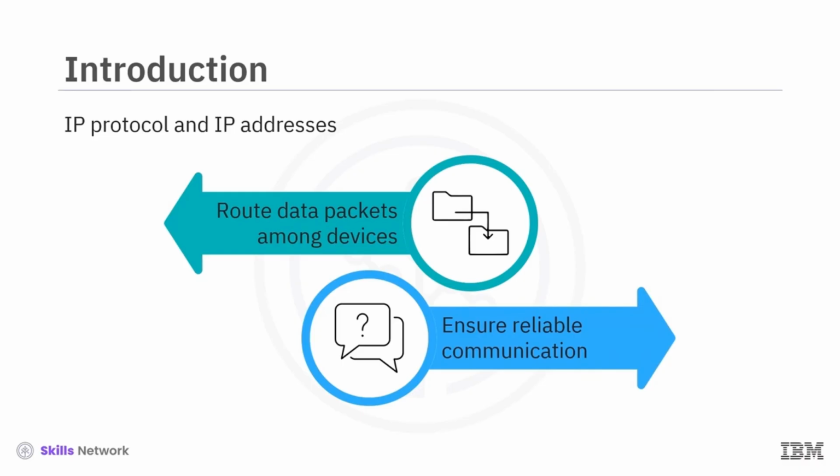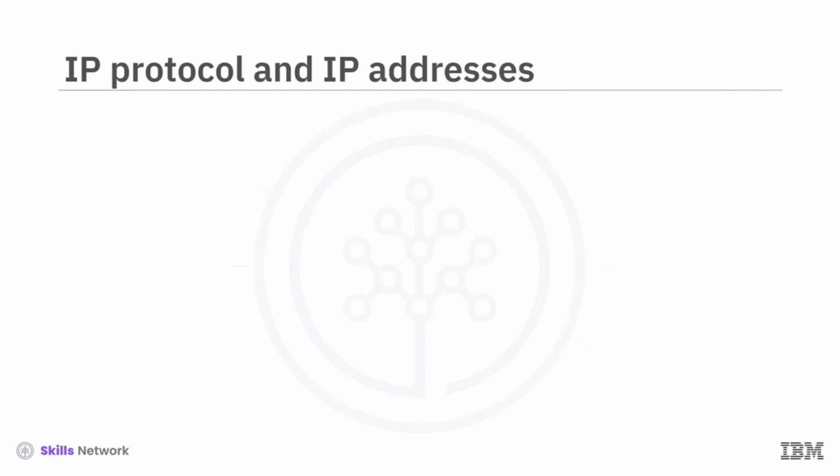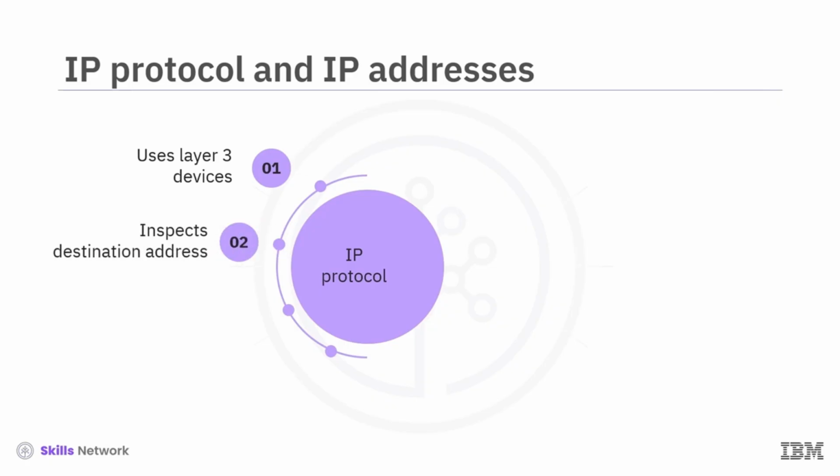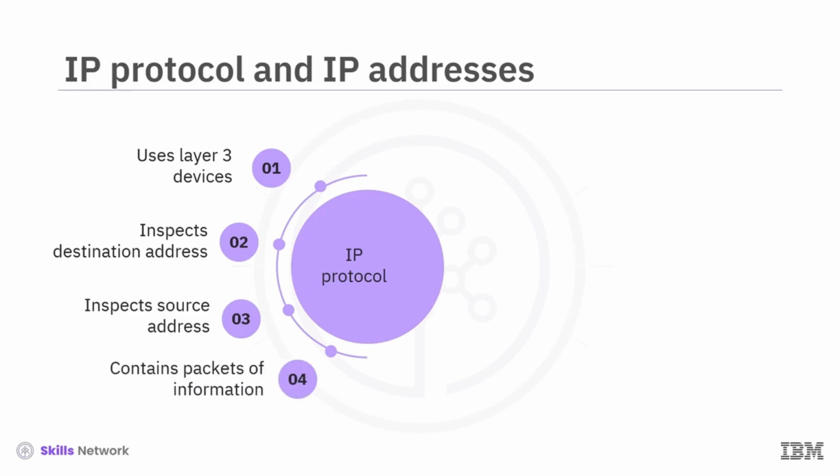Let's explore the various aspects of IP networking, including the IP protocol and IP addresses, and related concepts crucial for network administration. The Internet Protocol, or IP protocol, works with Layer 3 devices that use the IP header to identify and process network traffic that flows in the form of packets. All routers inspect the destination address of each packet, but stateful firewalls also inspect the source address to identify the